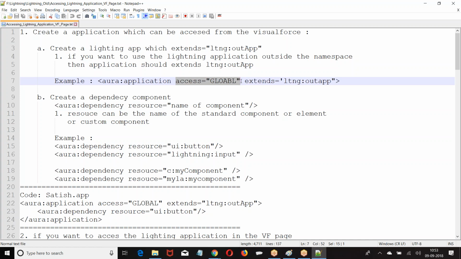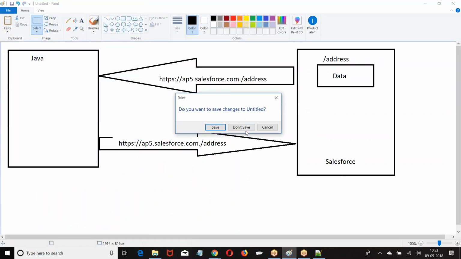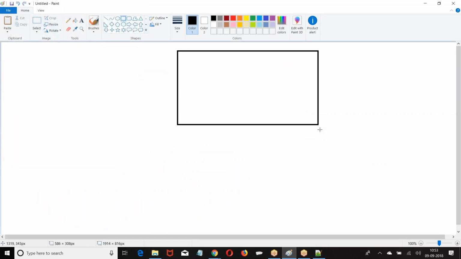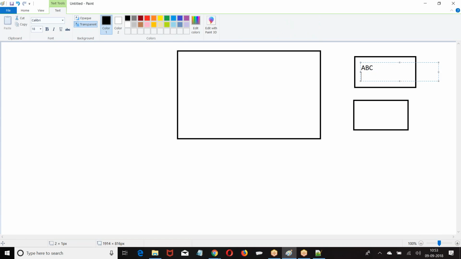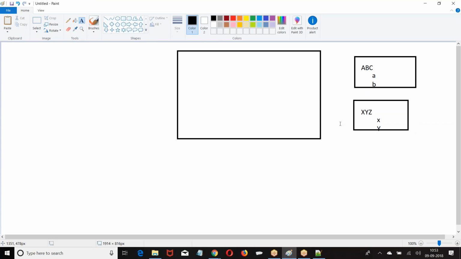That means I have an application, boss. Now, in this application, there is no component. I have component 1, component 2. If you want to create this component, I have some attributes, attribute A, attribute B. If I want to create this, attribute X, attribute Y. Now, I am not calling this component.